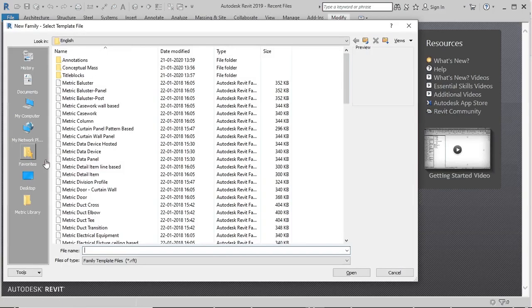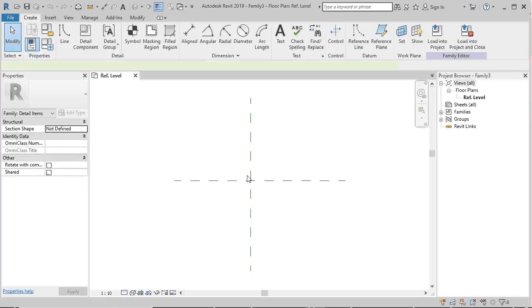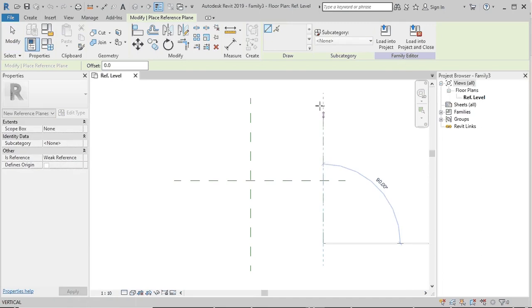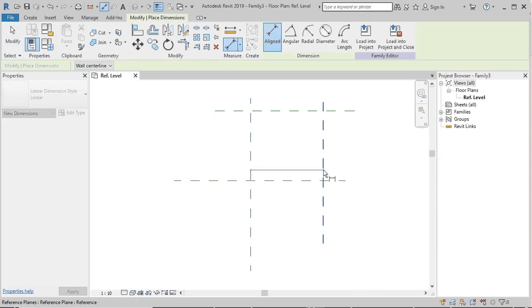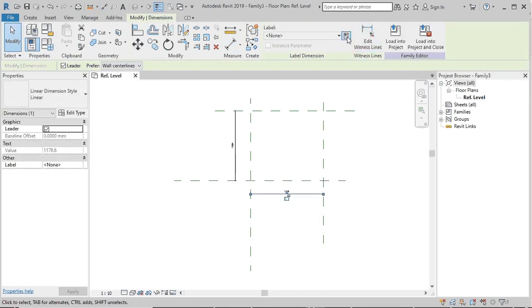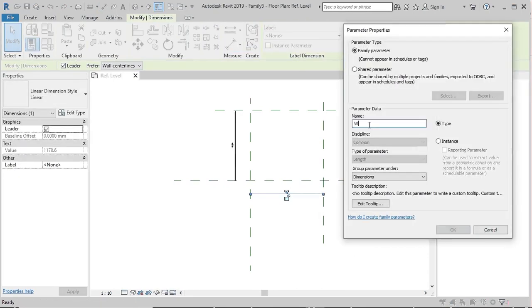Hi friends, this is the Revision Cloud family in the Matrix detail item template. Let me open it and show how to create this revision cloud family. This is for the width or length we are giving, and we set the parameter settings also, but we don't use it in 3D model view.